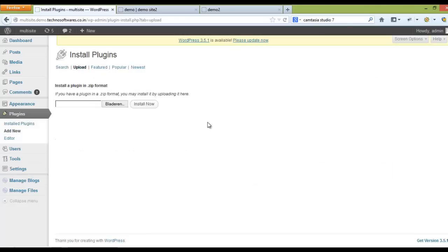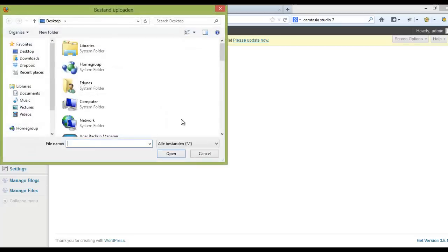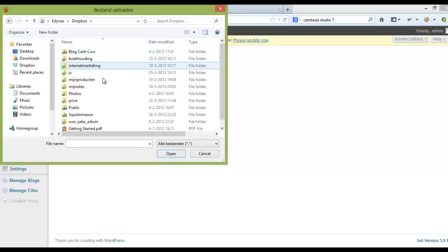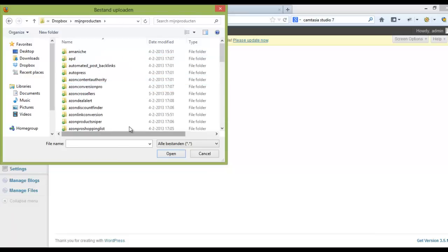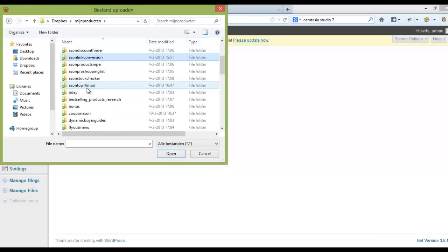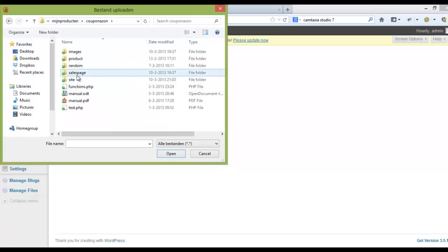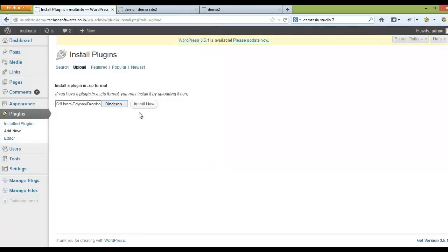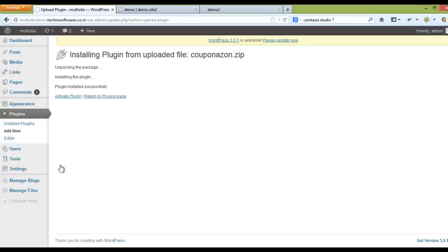And I'm going to upload one of mine, Dropbox, my products. So this plugin is now on the main site,